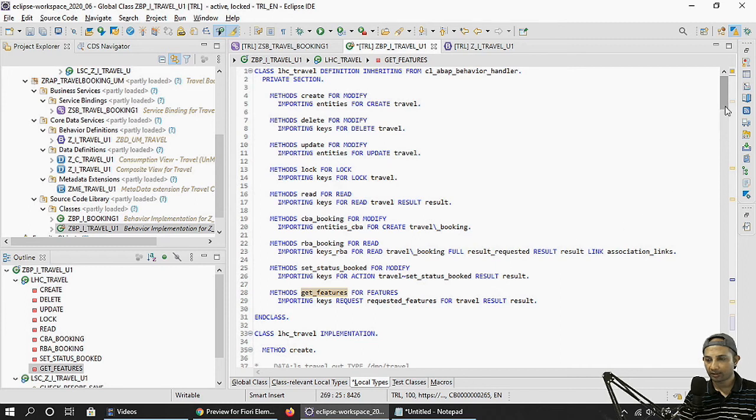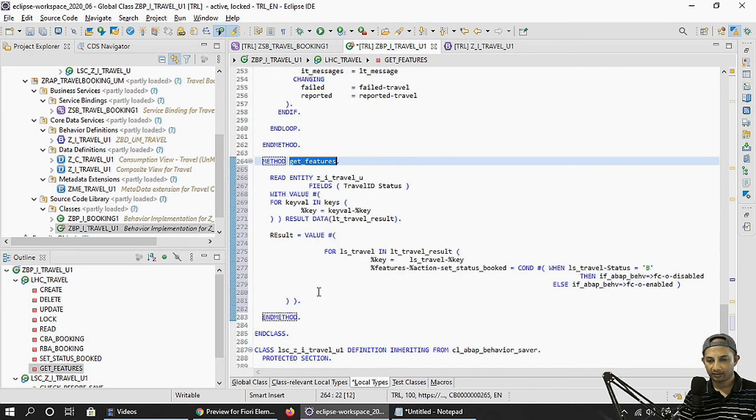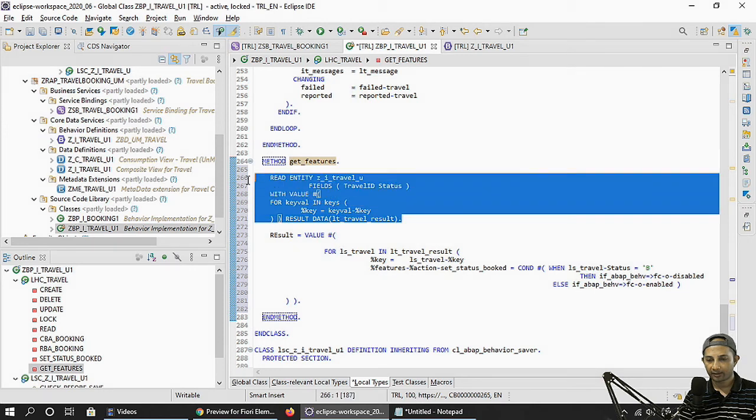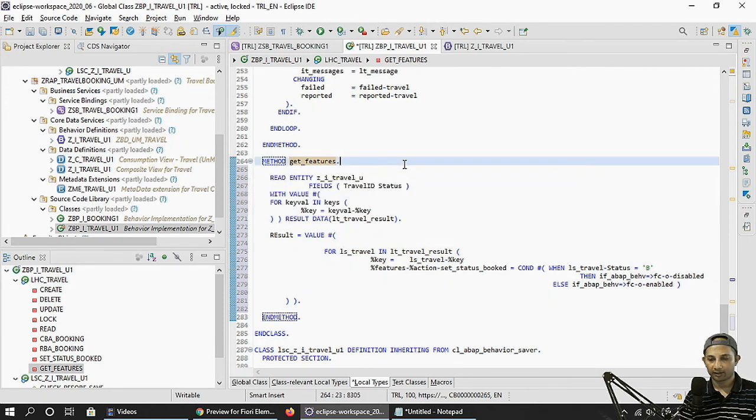For all those keys, I'm reading this entity data and keeping it in a local internal table. This is a different way of reading entity. I think it's good information and should be noted.